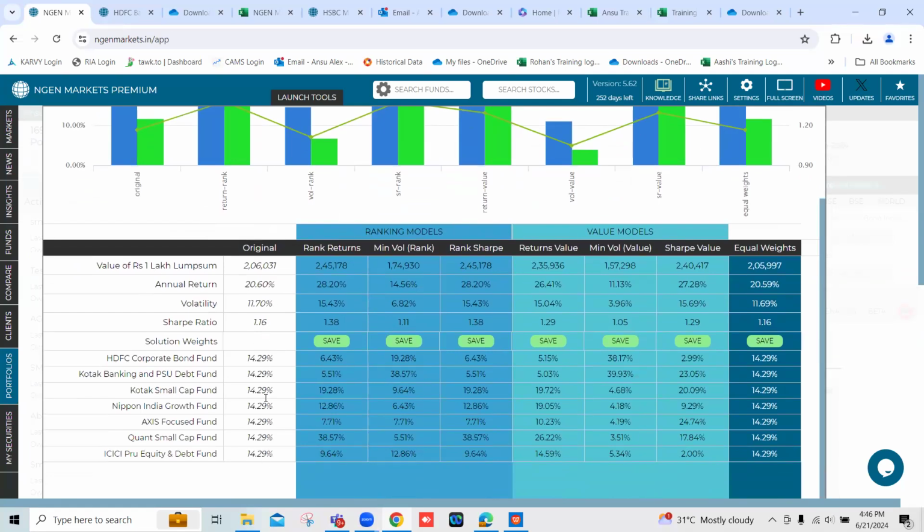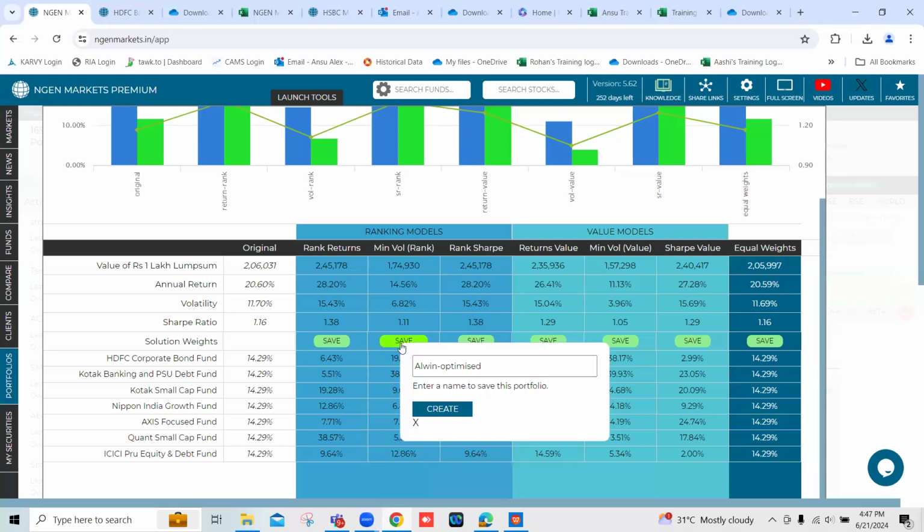पोर्टफोलियो, लेकिन आप जिस क्लाइंट को डील कर रहे हो वो थोड़ा कंजर्वेटिव क्लाइंट है, राइट? मतलब उसको ज्यादा रिस्क नहीं लेनी, ही काइंड ऑफ वांट्स टू बी ऑन अ कंजर्वेटिव साइड या मॉडरेट साइड। तो आप उनको क्या एलोकेशन दोगे? तो वो मिनिमम वॉलेटिलिटी मॉडल आपको हेल्प करेगा। लेकिन प्लीज नोट हियर, हम कोई फंड ऐड नहीं करने वाले, नीदर कोई फंड डिलीट करने वाले हैं। हम बस एलोकेशंस कैसे होना चाहिए ये कंपोनेंट्स का पोर्टफोलियो में जो है वो बताएंगे। और वो आपको जो दिख रहा है 19.28, 38.57, 9.64, ये वो फंड्स का एलोकेशन है, कितना वेटेज होना चाहिए उसका पोर्टफोलियो में। तो ये आप सेव भी कर सकते हो। इस तौर पे अब आपको इसमें रेडीमेड हेल्प मिलेगा।